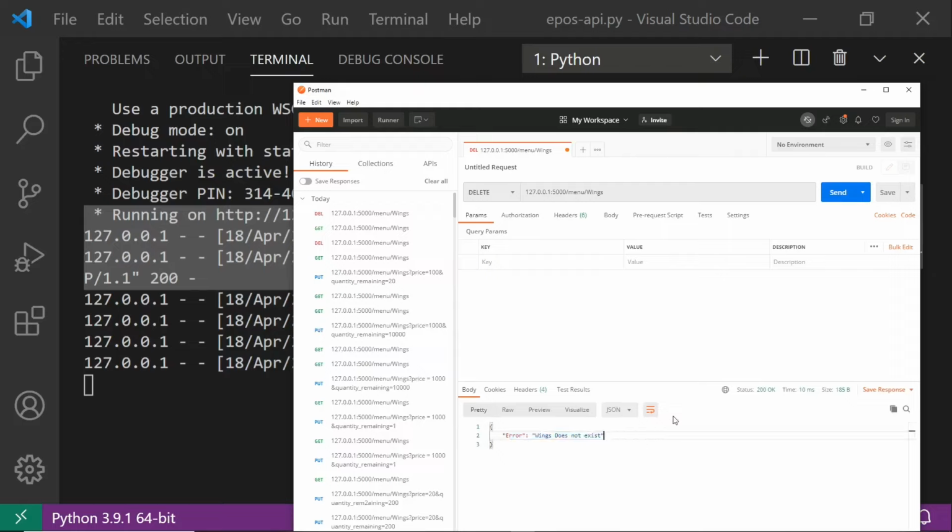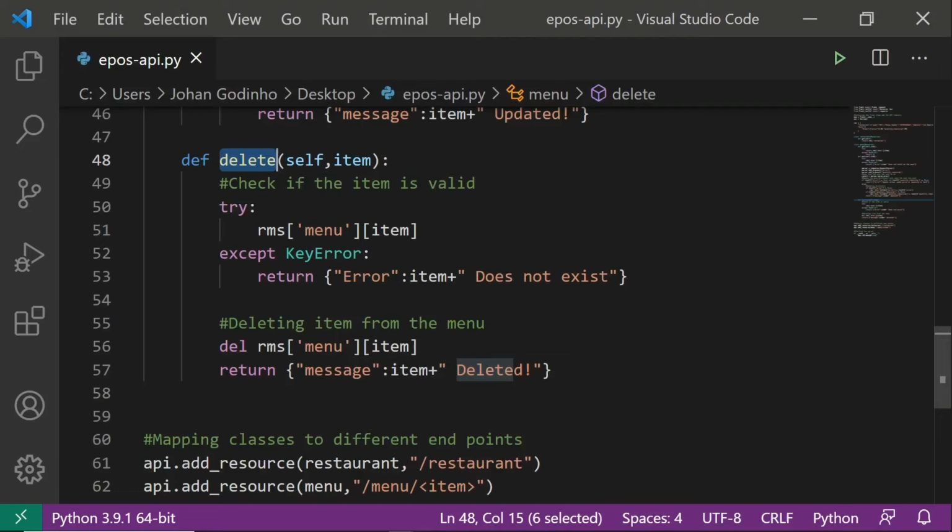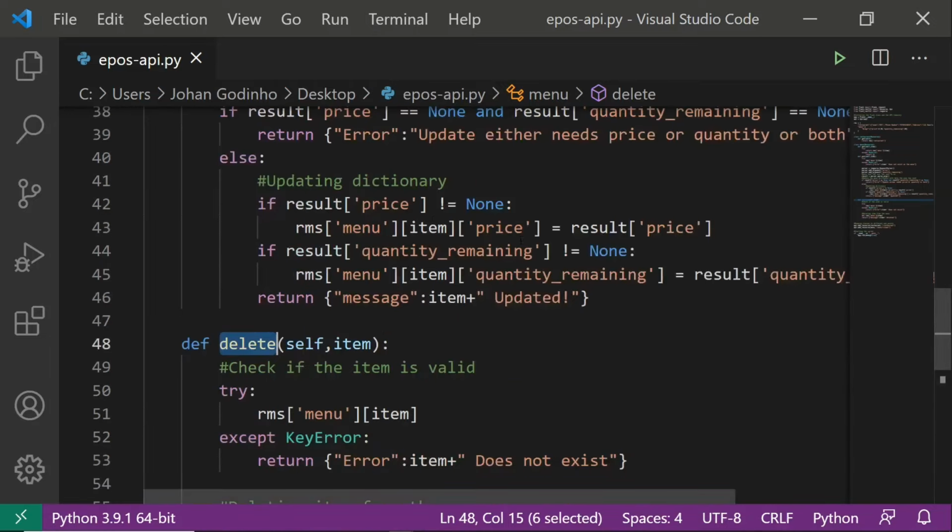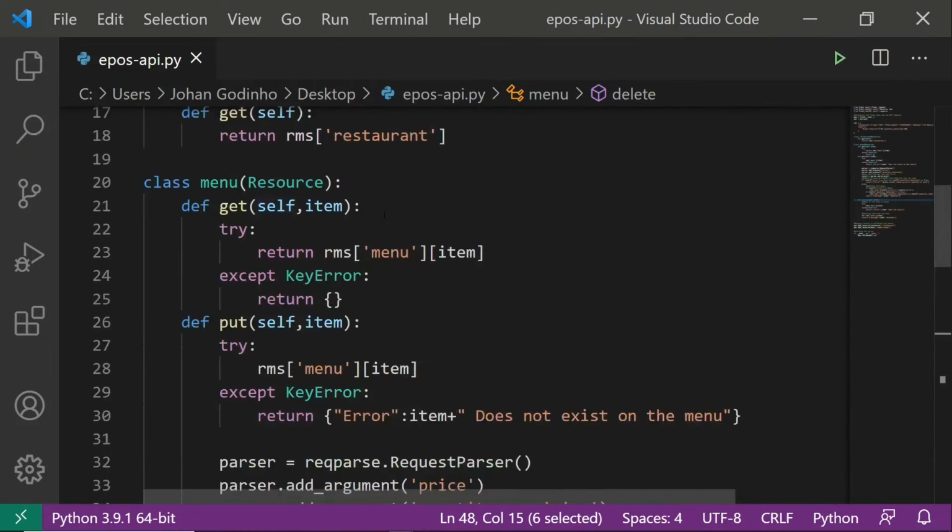Amazing. So now the only bit that's left is to be able to create a post request where we're able to add new items onto the menu. As of now, we only have wings, which we manually added to the dictionary, but we want to be able to make a post request and then add those items to the menu. So let's close this off, and what we actually want to do for this is we want to create a new class,